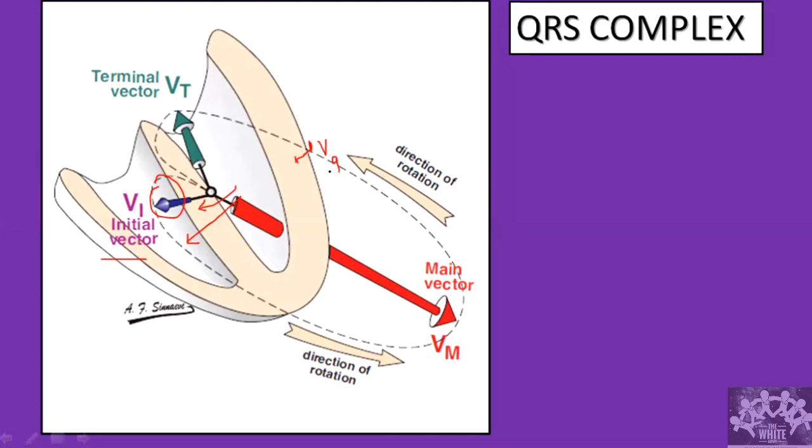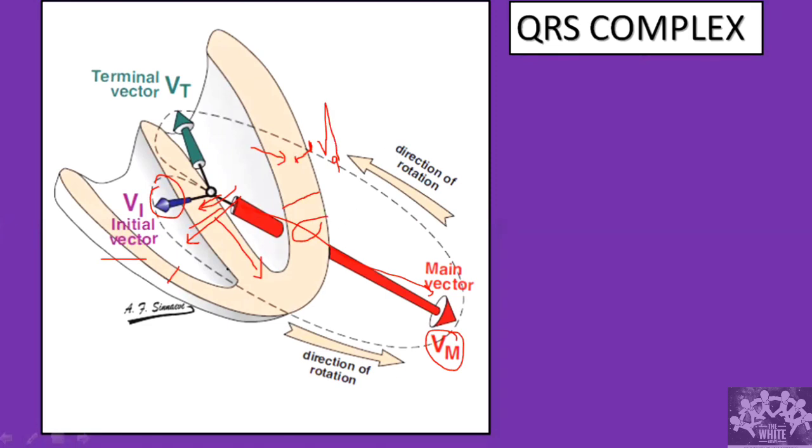Following that, what happens? After the septum is activated, the major portion of the ventricle is going to be activated. See here, the muscle mass of the LV is more than the muscle mass of the RV. That is why the net direction will be towards where there is more mass. So this is the next direction, which is the R wave. If I have the same lead here, the impulse is going to come towards it, so this is going to be a positive deflection.